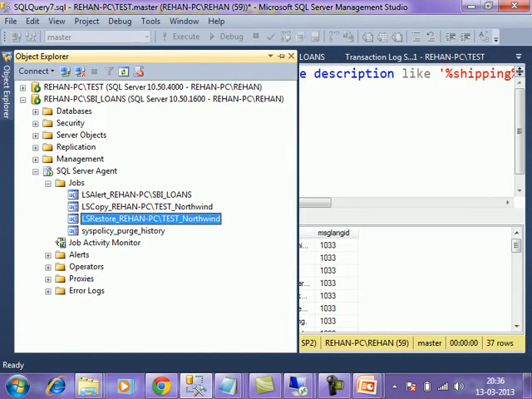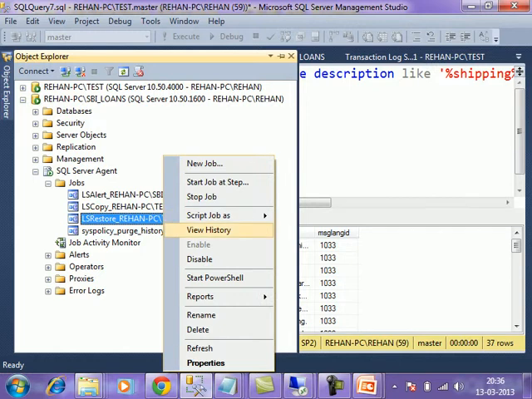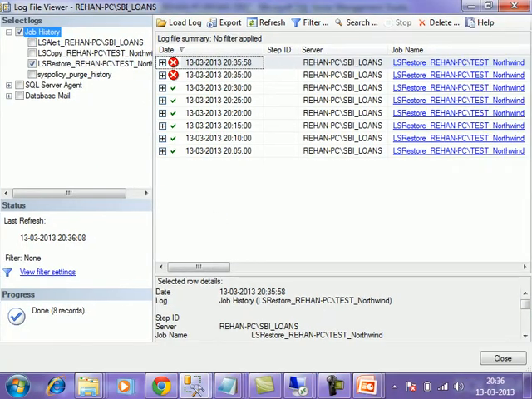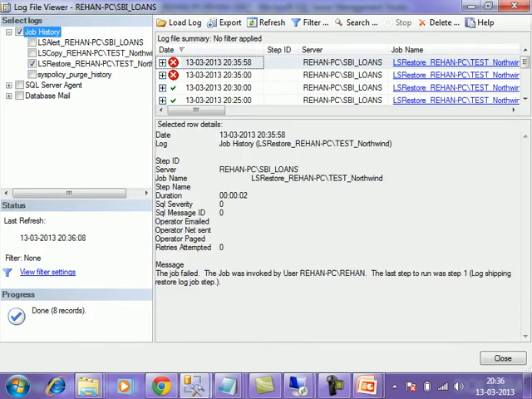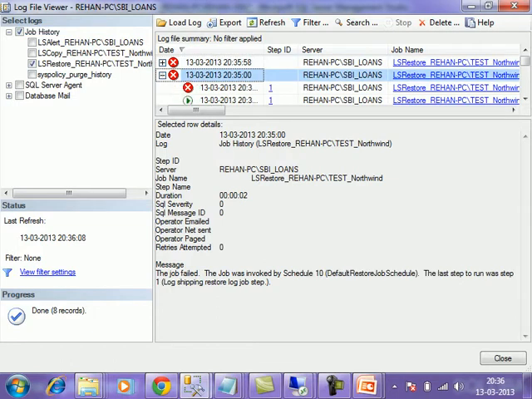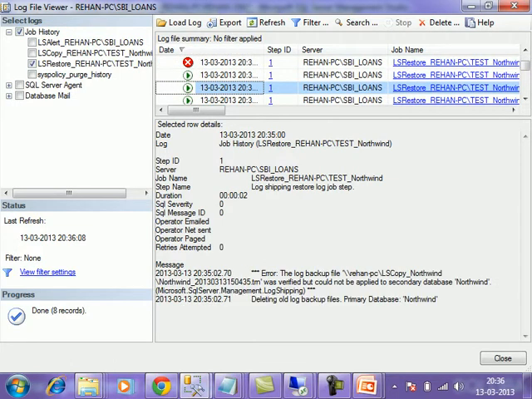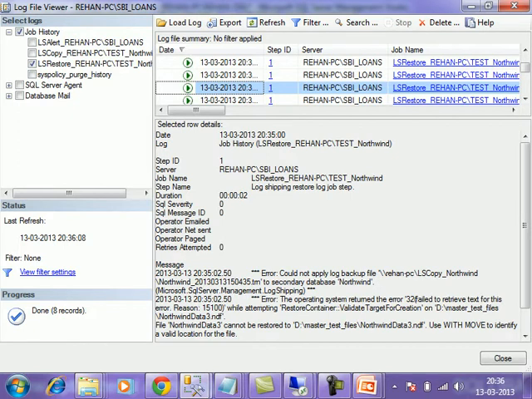What is the reason? Check here, a very clear message will appear. View history. It was already run on a schedule, and I have run it manually also, and it failed. Check the reason. Could not apply log backup file 435.trn to database.